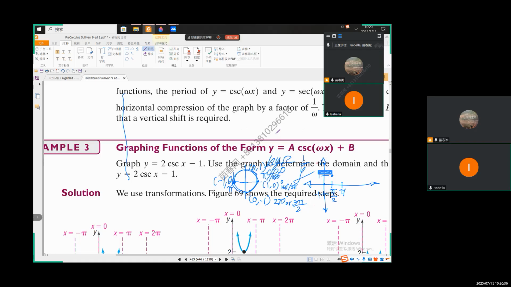Yeah. That point is still there then. Yeah. Oh, 1 over, yeah, you can't really have 1 over 0, I guess. So they're just like,